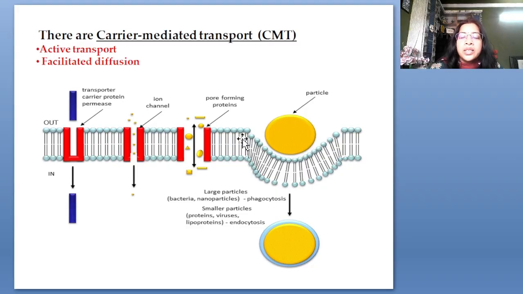Then carrier-mediated transport. It is of two types, active transport and facilitated transport. Carrier-mediated transport is possible with the help of carrier transport proteins. They can be enzymes, ion channels, pores, or some particles which are going inside and outside of the cell membrane. Large particles like bacteria or nanoparticles can be phagocytosed. Small particles like proteins, viruses, and lipoproteins can be